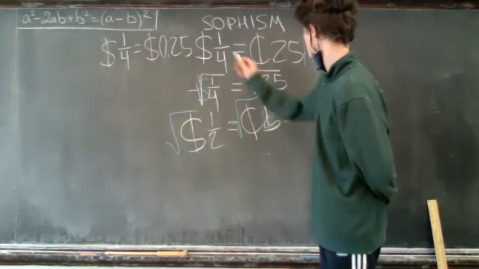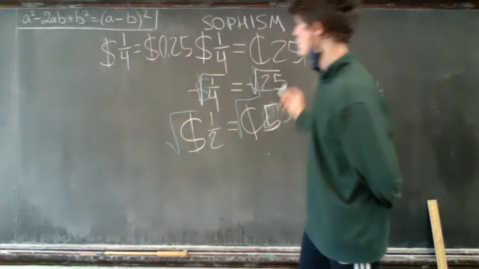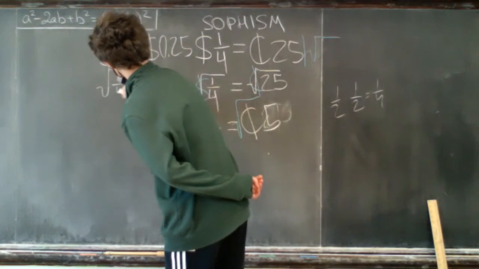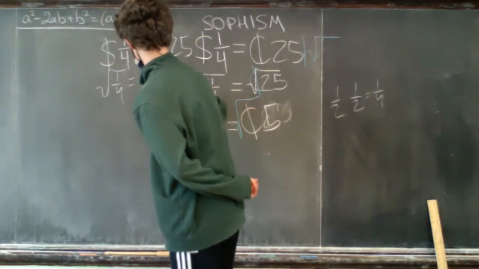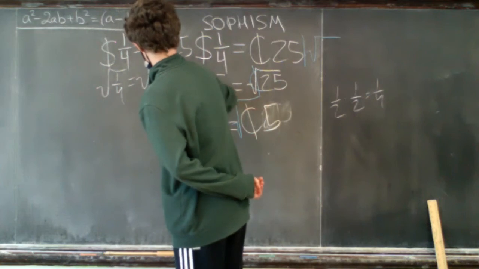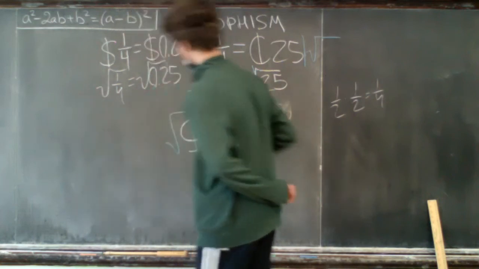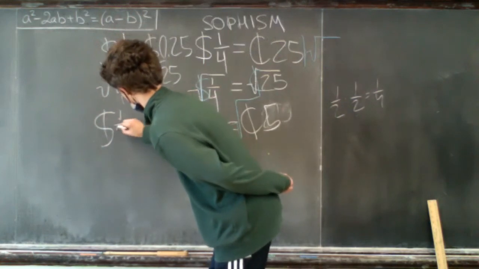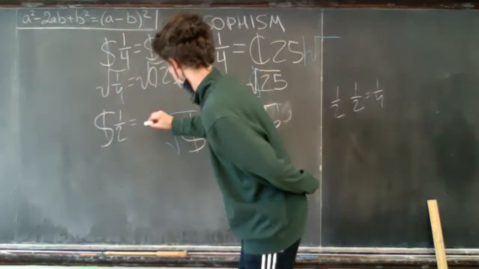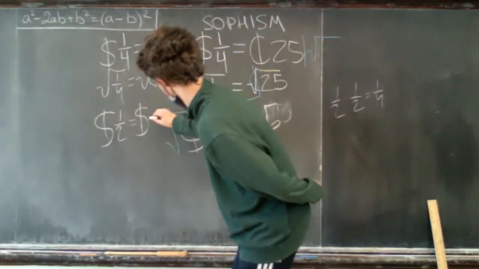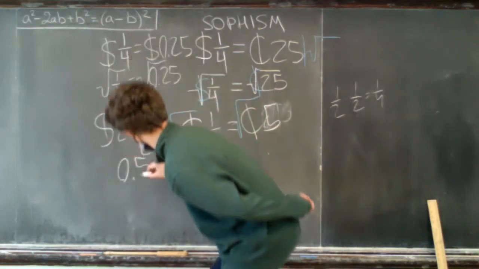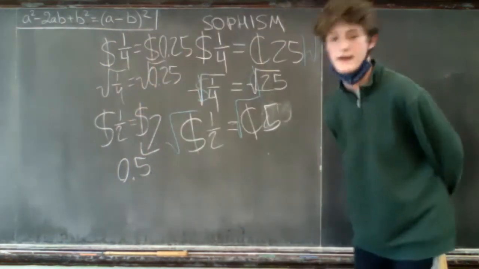Then, if you use the same steps that I did here, you would have the square root of 1/4 is equal to the square root of 0.25, which would then be 1/2 of a dollar is equal to 0.5 dollars. And that is the correct